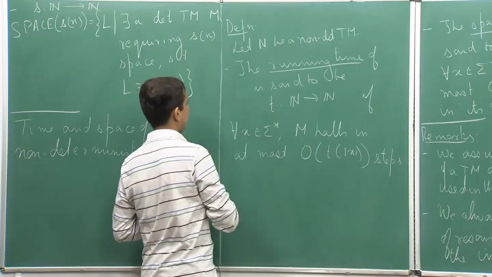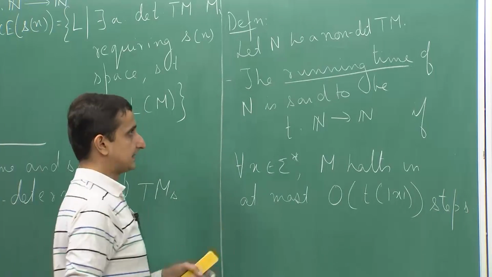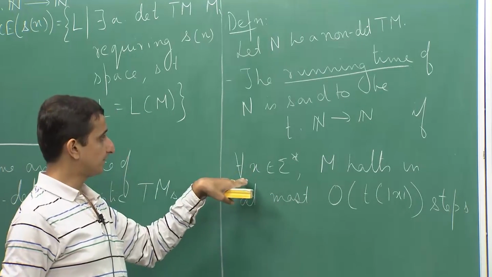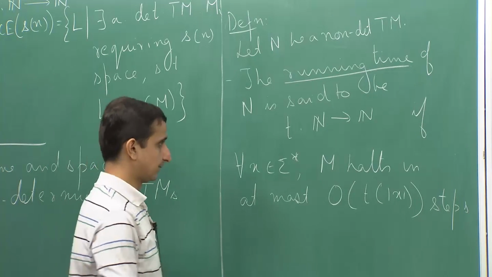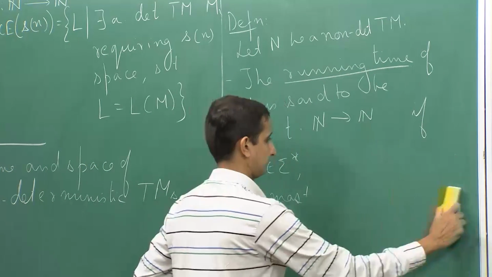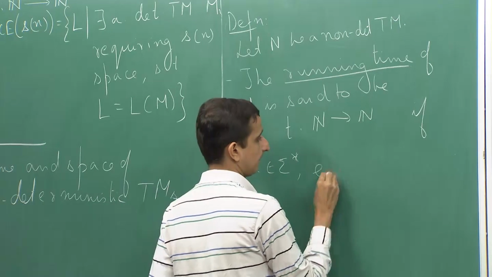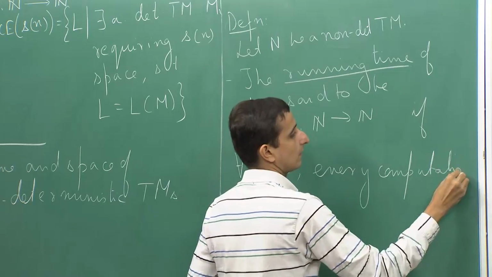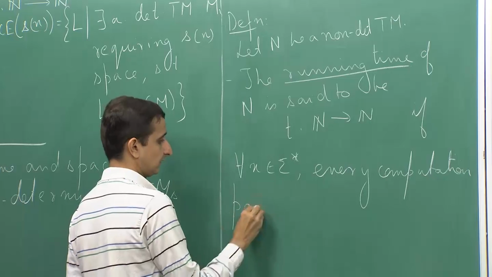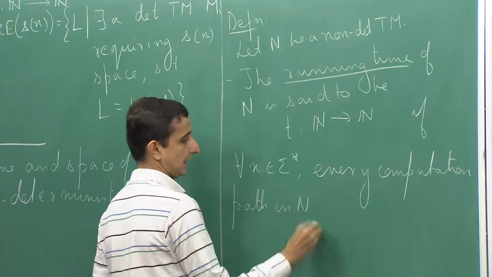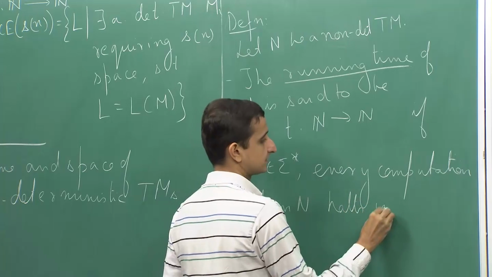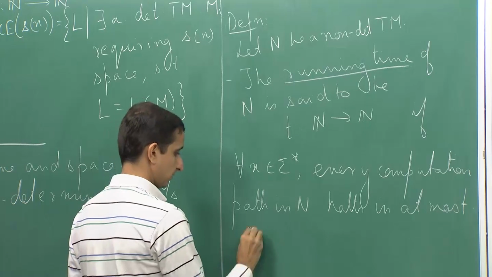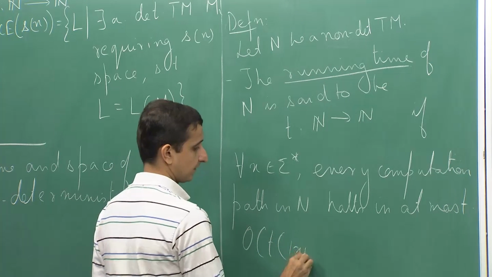The running time of N is said to be a function T from N to N if for all x belonging to sigma star every computation path in N halts in at most order T of x